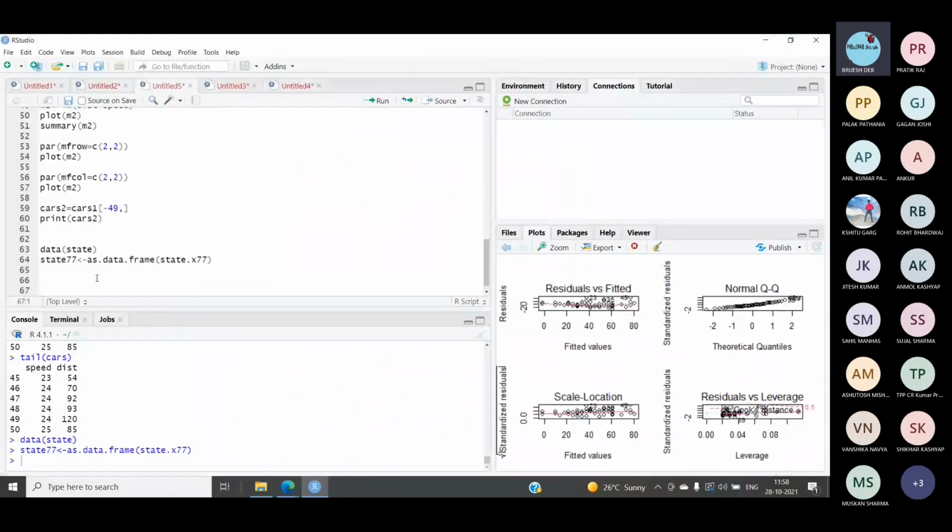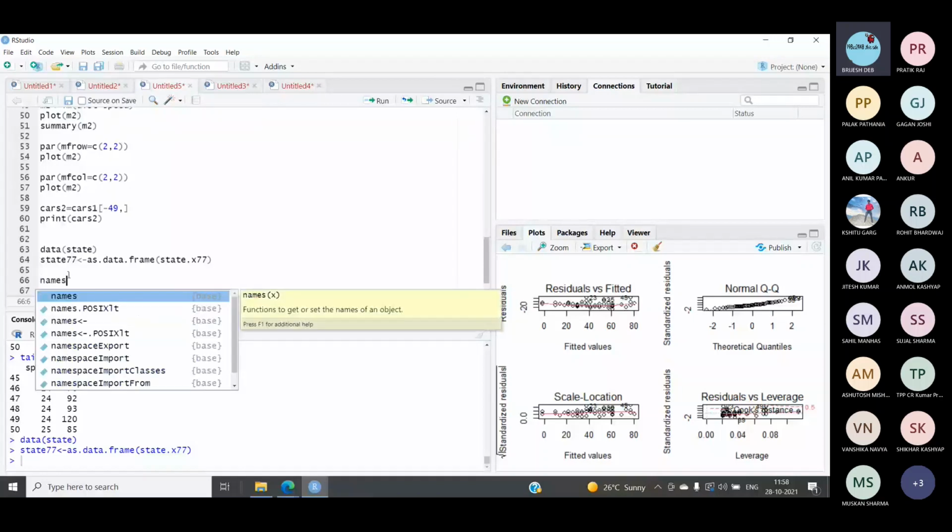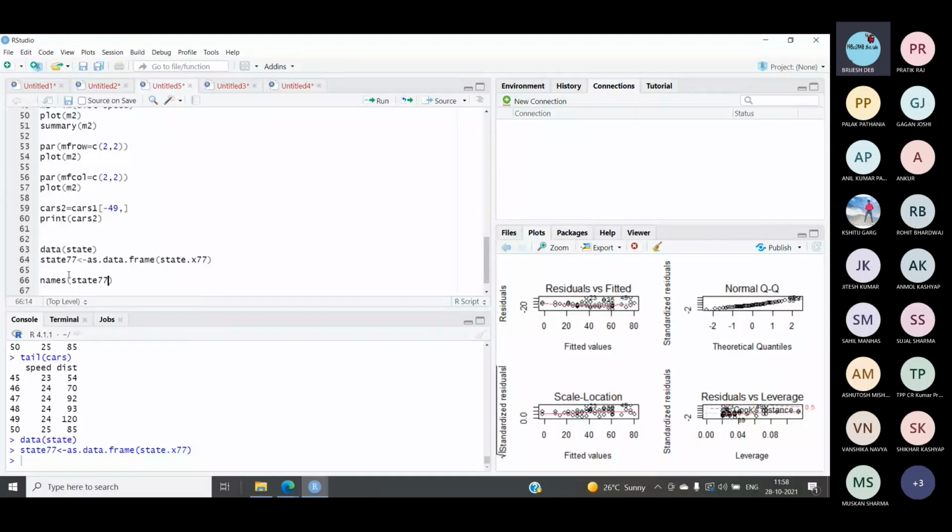We have already done the names function in the previous lecture, so here we will use the names function. We will specify the data frame in which we want to perform this operation and the column that we have to refer to.